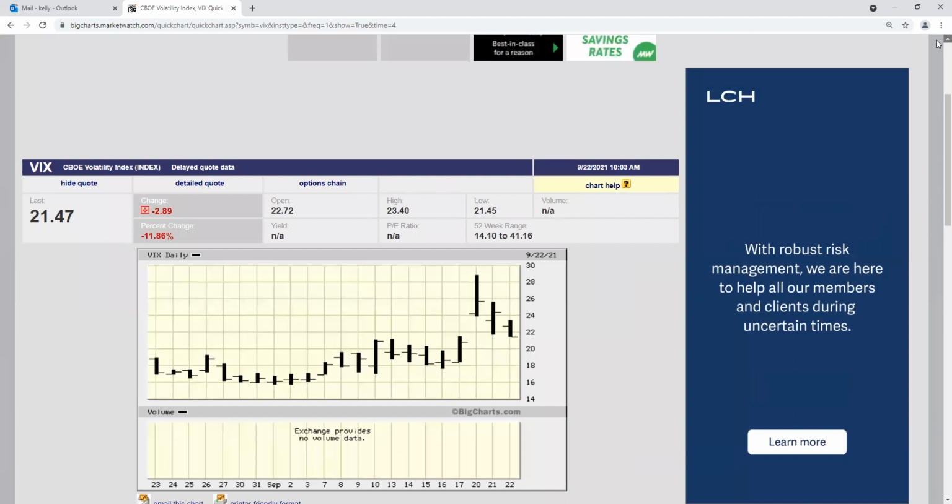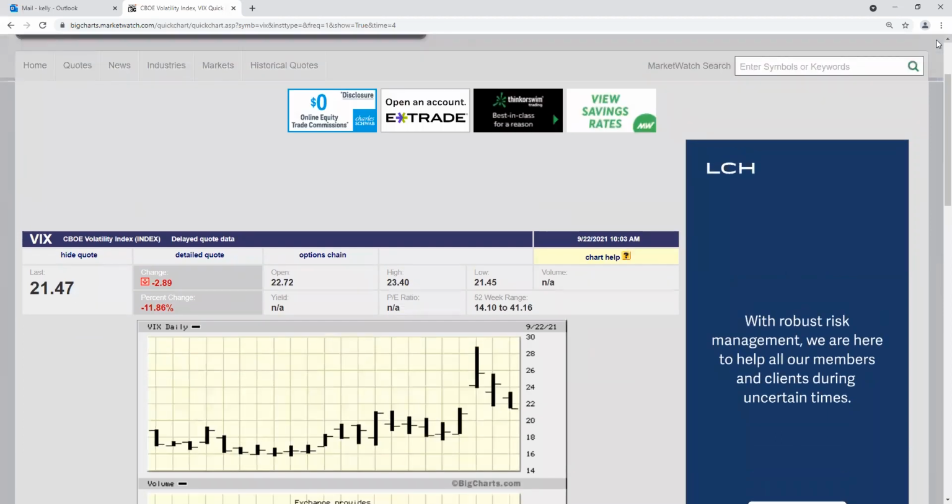So anyway, that pretty much covers what I'm thinking about on the VIX. And you can see how I'm reading it right now. I'm reading this as something that filled in the gap. And we will have to see as we go into the end of this week and the end of the quarter: are we going to get the window dressing, which means fund managers and ETF guys start buying some stocks to make their portfolio look better than it was? We're going to get that. Are we going to get some quarter-ending buying power coming in? Then this thing obviously will go back down towards the 20, 18.